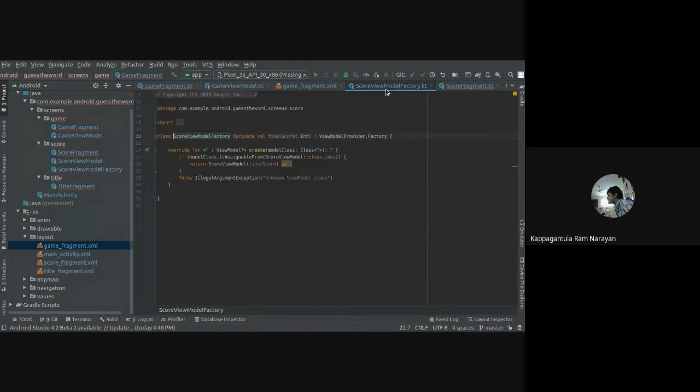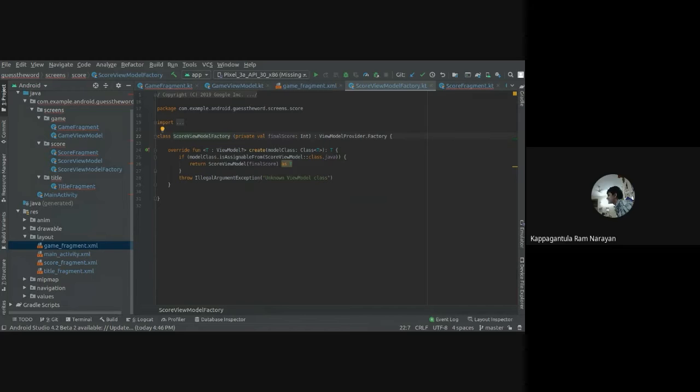Now, view model factory. We'll get to this. A factory method pattern is a creational design pattern that uses factory methods to create objects.